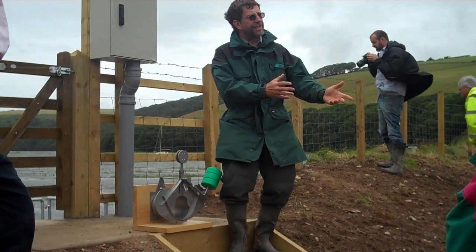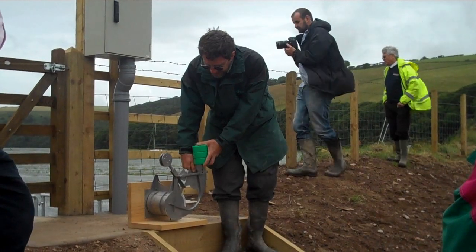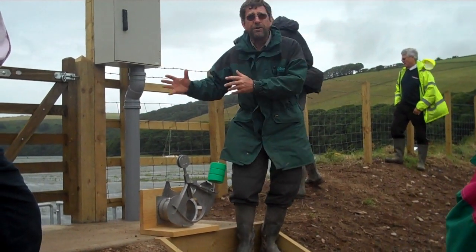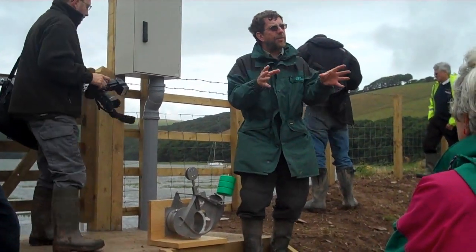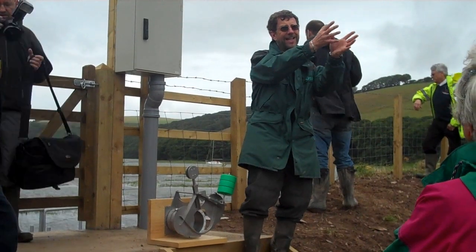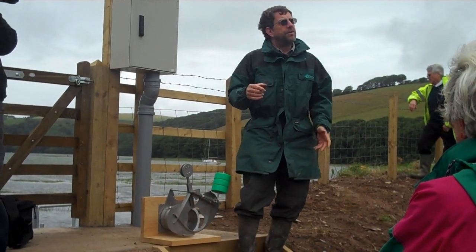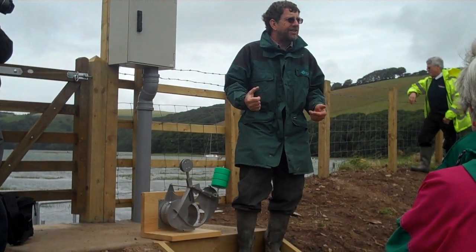It'll fill a bit on the incoming tide, the gate will close, and then as the tide drops again, it's highly likely that the marsh will still fill a bit more before it then starts to drain. So what we end up with is a slightly different tidal cycle in here to that which is out there. And indeed, owing to the way that tides rise and fall on a spring tide, it's probably